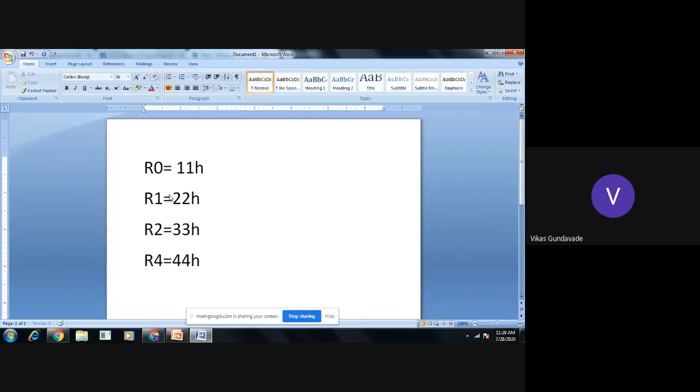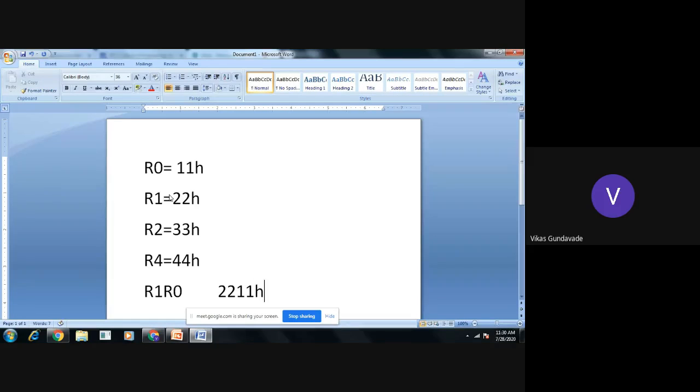The format for the 16-bit numbers will be, let's say R0 and R1 representing one 16-bit number as R1, R0. So which will be 2211. Am I right?